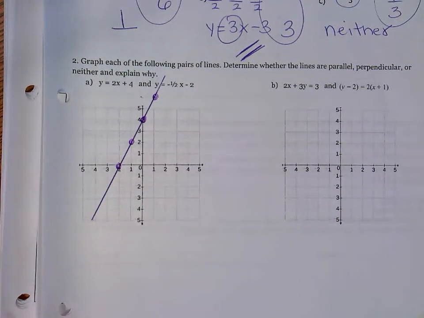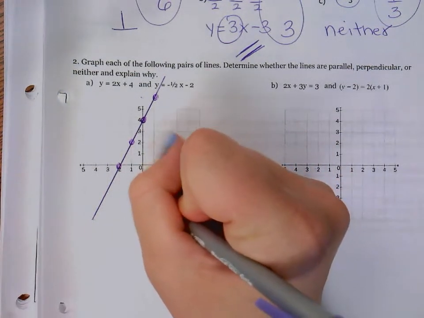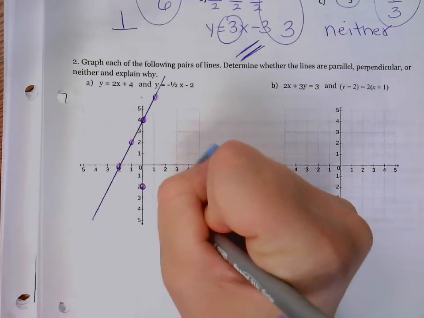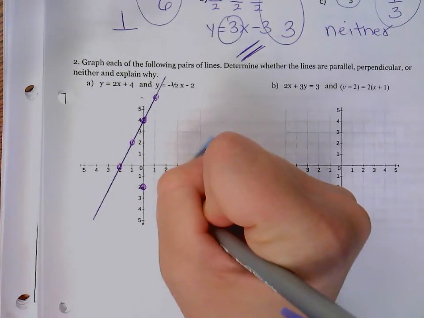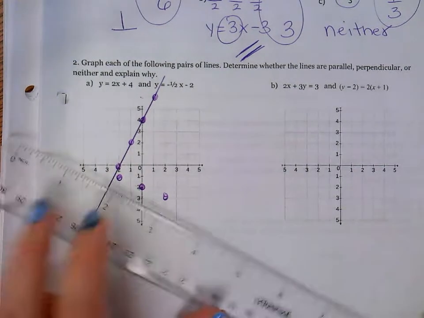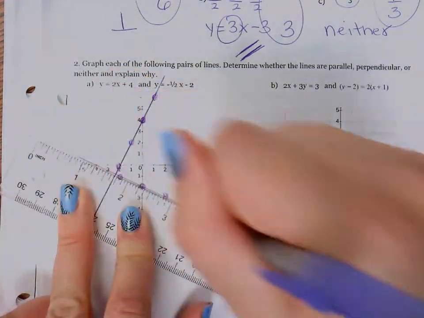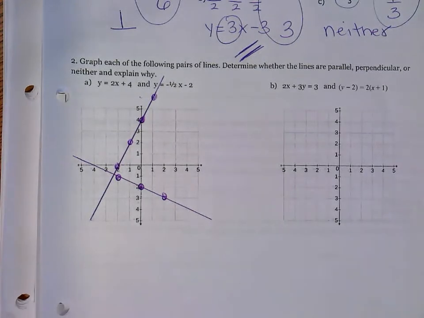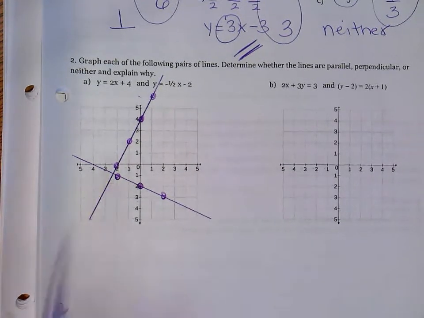So my other line starts at -2 and goes down 1 over 2, up 1 over 2. This one I didn't make cross at a nice intersection point, so I'm not really asking you to find the intersection point. I'm just asking you to look at the graph and show that they're